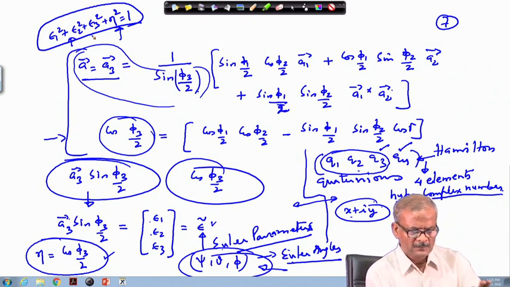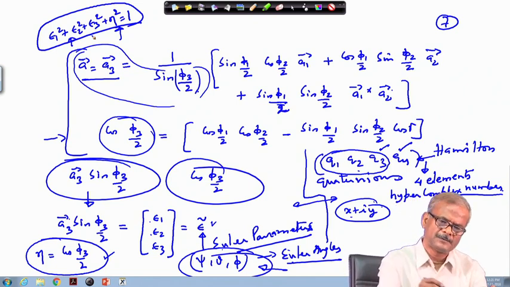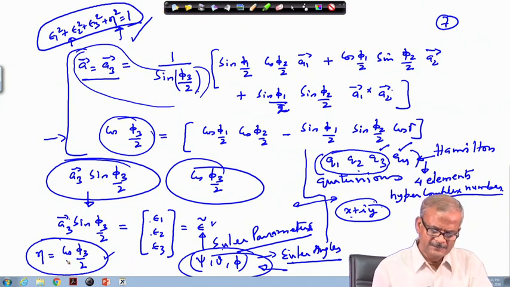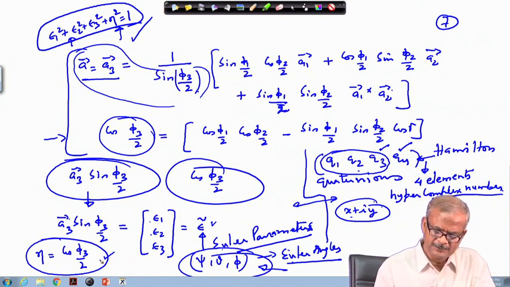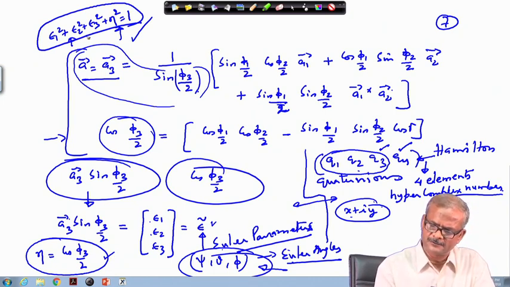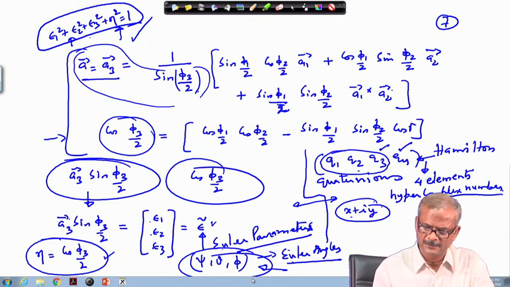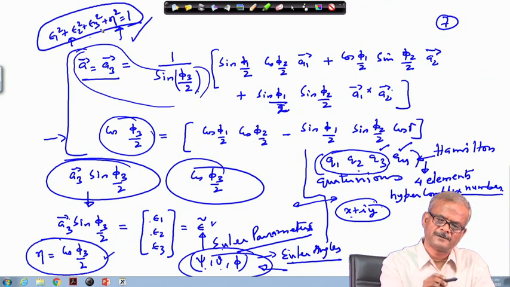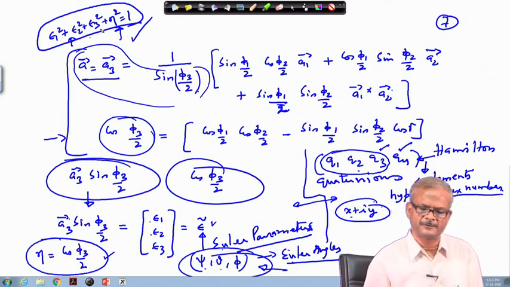Now, the advantage of using this particular notation is that it is free from the trigonometric notation. So, to get rid of the trigonometric notations, we can use the Euler parameters or the quaternions, whichever way you say is equivalent, but not in the strict sense. So, our trigonometric process gets reduced to a very simplified algebraic process, and therefore, in many problems where large angles are involved, rather than working in terms of psi, theta, phi, we rather work in terms of epsilon 1, epsilon 2, epsilon 3 and eta, which are the Euler parameters.